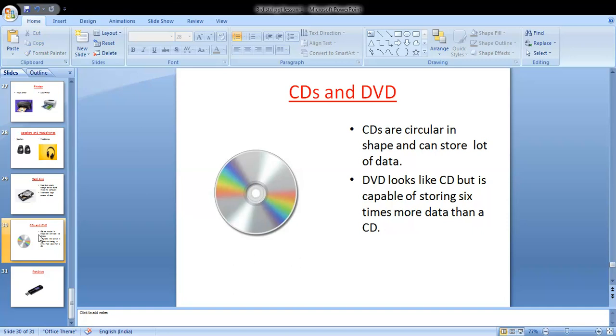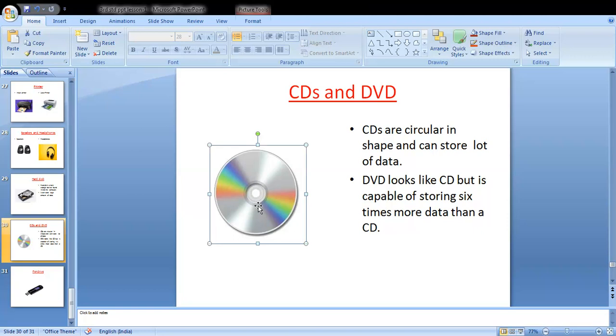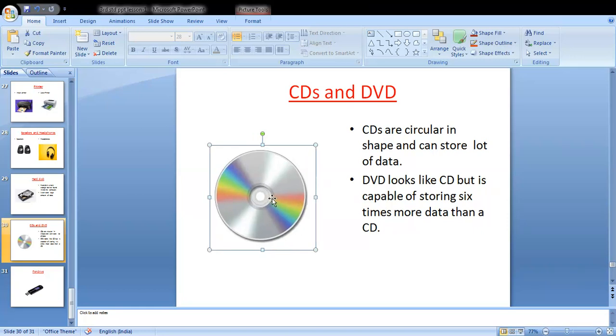Next, a DVD also looks like a CD. The only difference is that in a DVD you can store six times more data than a CD.